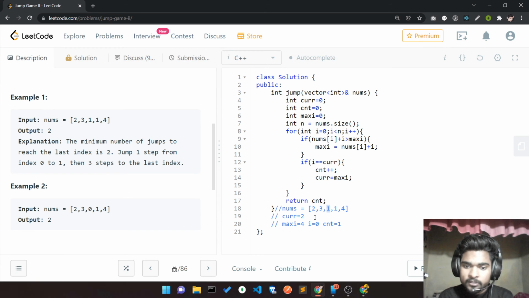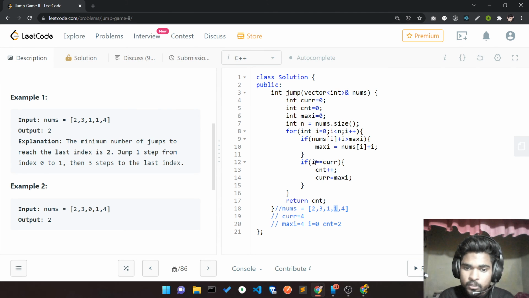My count goes from 1 to 2. After that, maxi has the value 4, so current has the value 4. I'm reaching here. My i value is 3, plus 1 is 4. Is 4 greater than 4? No, so I'm not going to update my maxi.